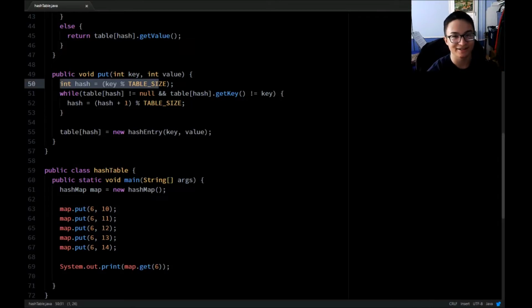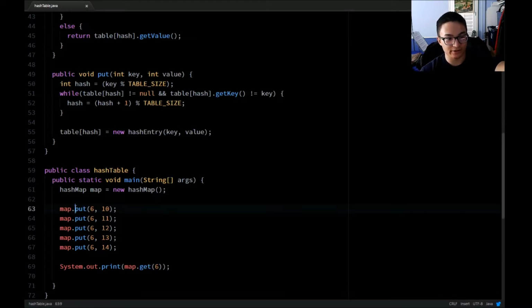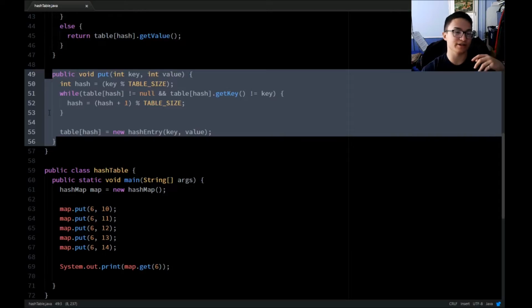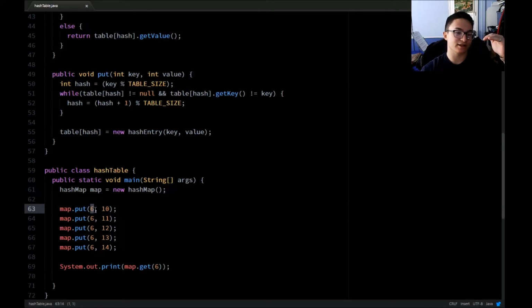I feel like that's hard to follow, but what happens with lines 63 to 67, regarding this particular put function, is you have a key of 6 and a value of 10. When you get to whatever bucket the 6 hashes to, you're going to put in 10. And then for the sake of the big O notation